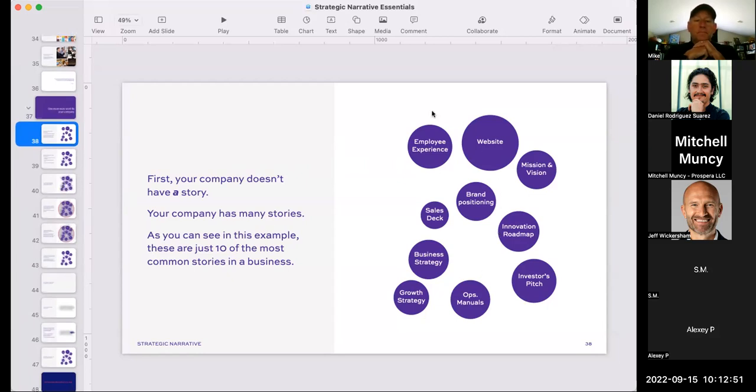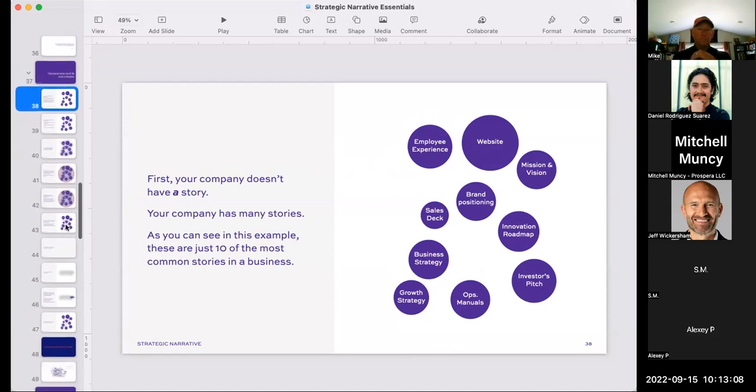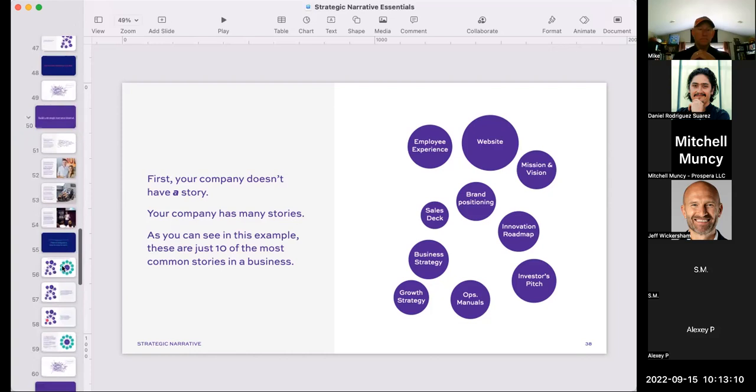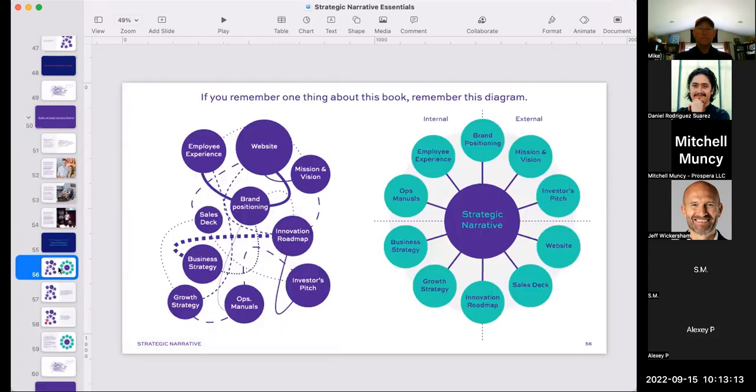First of all, to answer your question, I picked these as ten most common random examples. From my experience, there are literally thousands of them. And I have another diagram in my book on page 56.